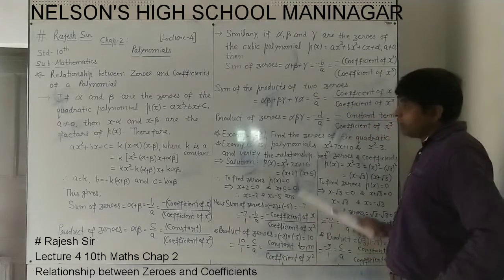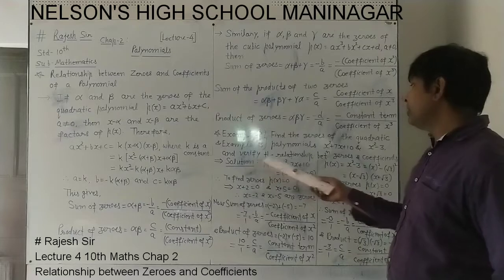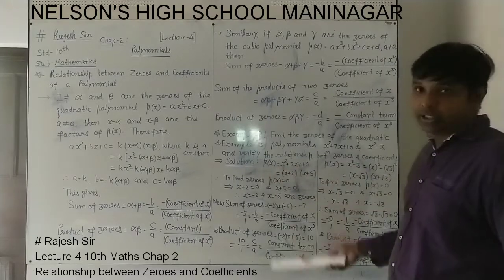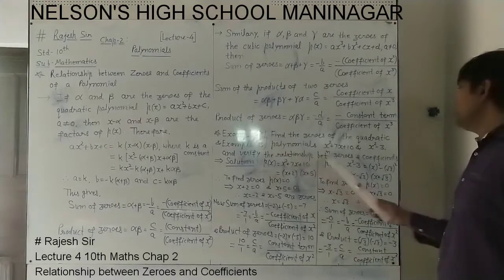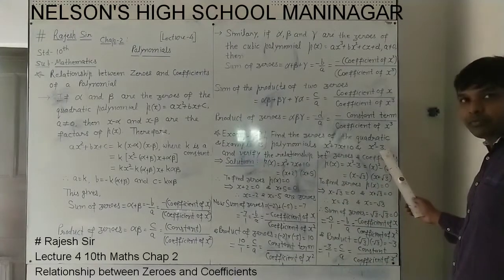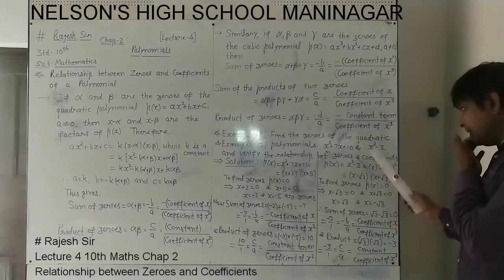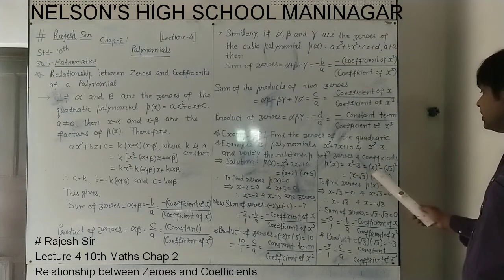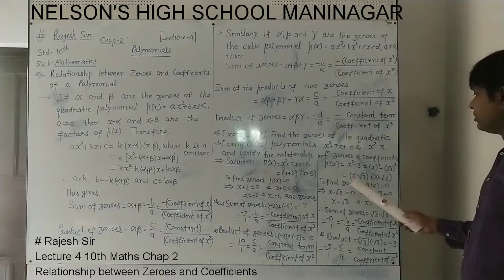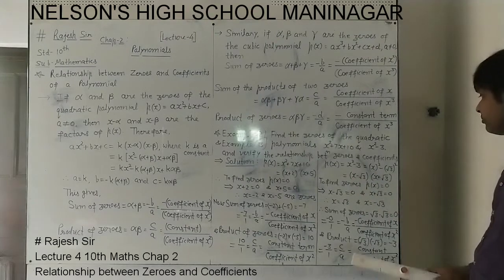So in example 2, we have seen that we found the zeros and verified the relationship between zeros and coefficients, so it is verified. In a similar way, in this example 3, x square minus 3 is given as a polynomial. We will go similarly. So p(x) equals, as given, x square minus 3. This x square minus 3 can be written as x square minus root 3 square. This is like a square minus b square, so the factors are a minus b into a plus b. So we get x minus root 3 into x plus root 3.